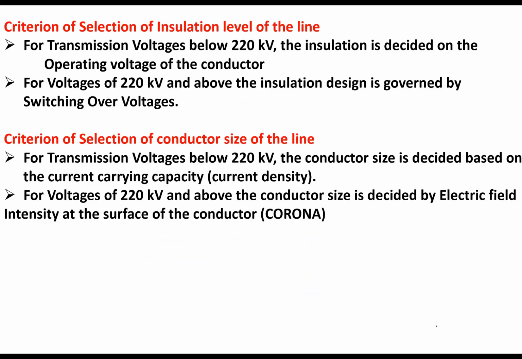So again, concluding, the criteria for selection of insulation level in the line: for transmission voltages below 220 kV, the insulation is decided based on the operating voltage of the conductor. For voltages of 220 kV and above, the insulation design is governed by the switching over voltages. So why? Because